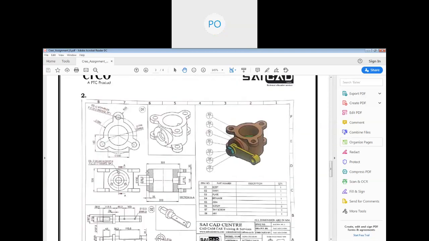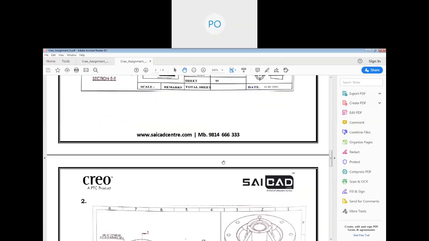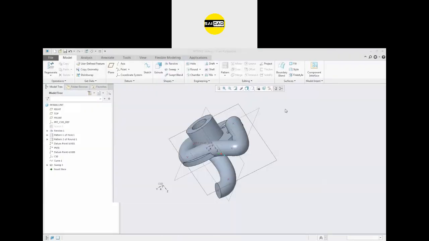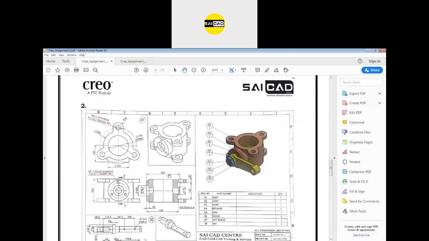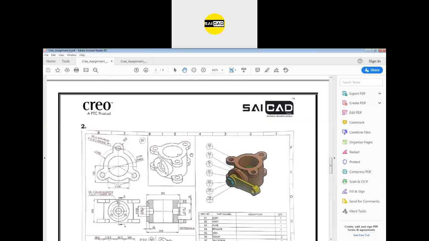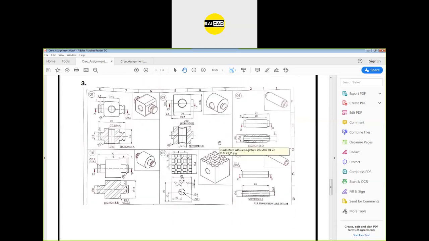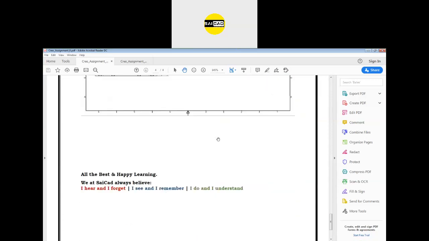Okay, this is the sixth lecture. Yeah, this is the sixth one, sir. Okay. So this was the fifth. We have been given. So where did you get the sixth assignment? Okay. So in this, you have to create only the parts, this one and this one. You don't have to create the assembly. The assembly we will cover in the eighth part or the seventh. Okay. From the next classes.